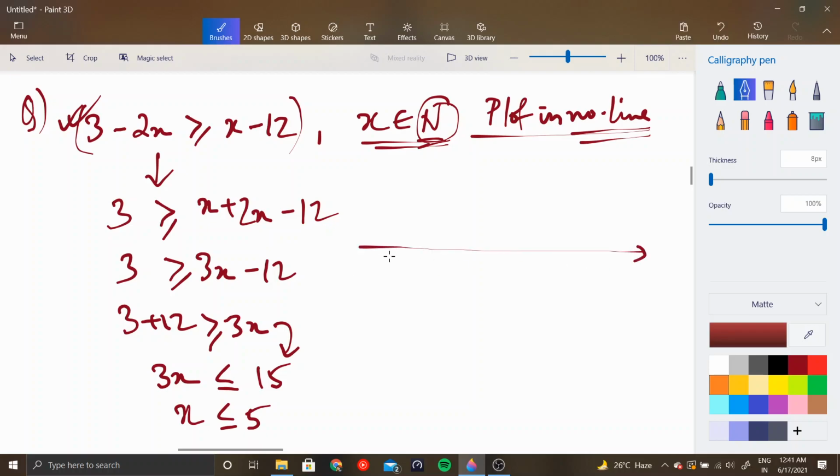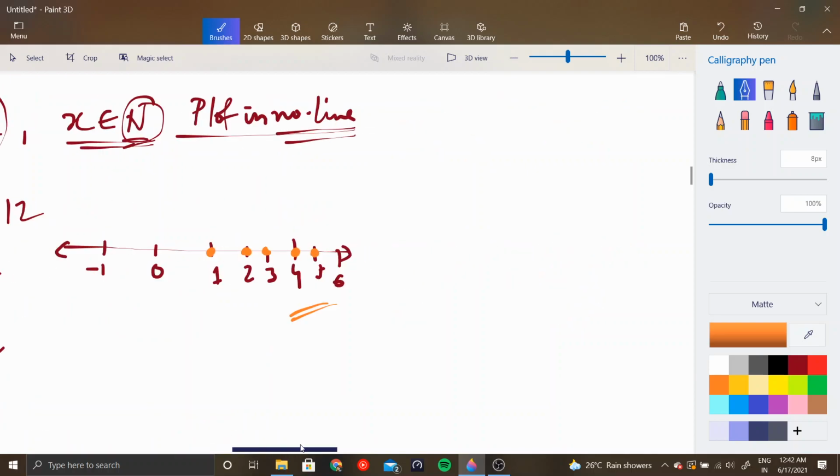Now how do you plot it on the number line? So you have like this, 5, 6. Sorry, this is not up to scale, but you understand it anyway. Now you need to encircle this. So now I am doing it with different colors, but in your question paper or your answer scripts, you don't have different colors, just encircle it darker, right? Now this is the plotting of the solution. Okay, now let us look at the next question.